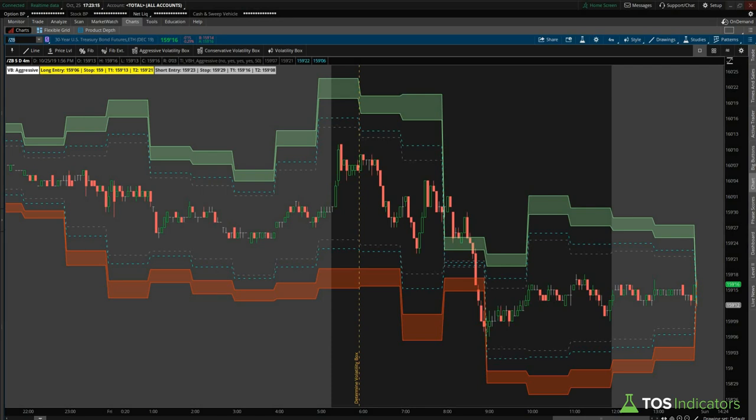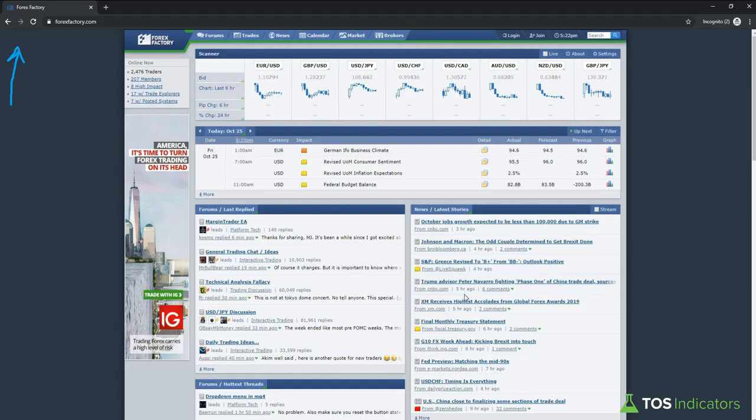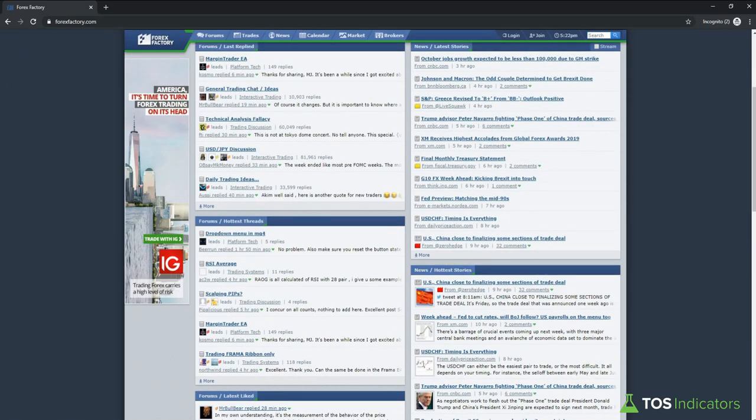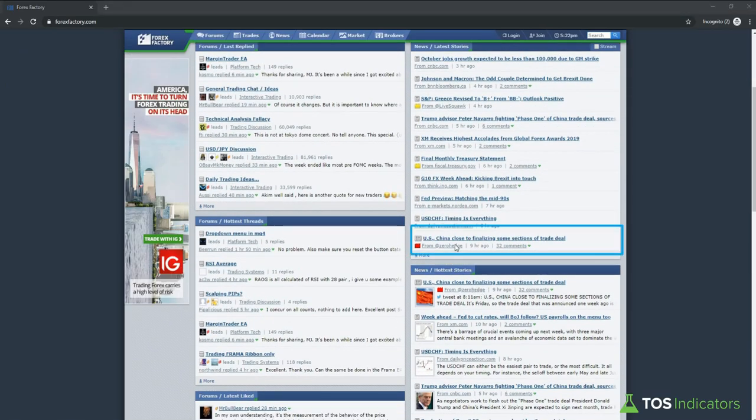So first we'll cover the trade that may have set up, depending on how aggressive you are looking to trade today in the bonds. We'll also cover what happened in the indices when we had news come out. We had this news hit the market right here, around 8 a.m., let's say 8:20 a.m. Pacific, where we had news hit the market of U.S.-China close to finalizing some sections of the trade deal. Again, just emphasis on some of the words that I think add some BS to the story.